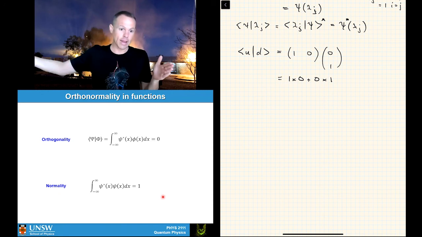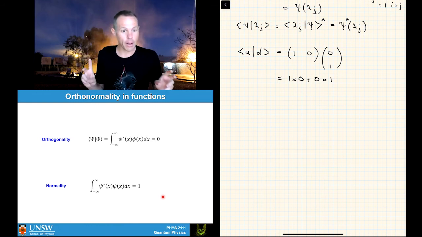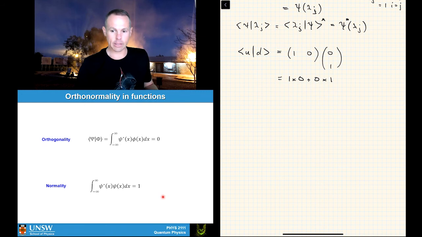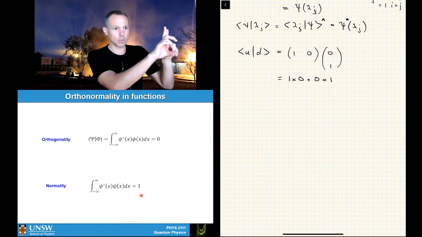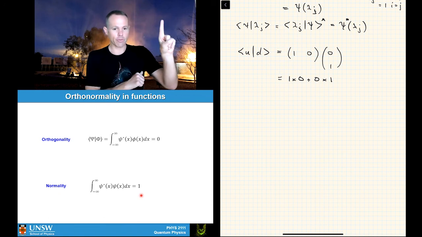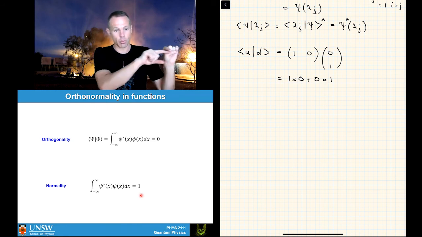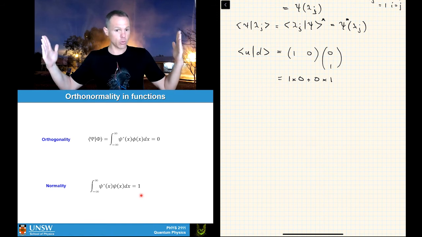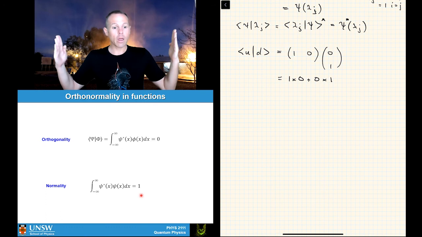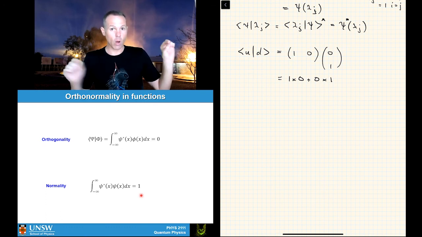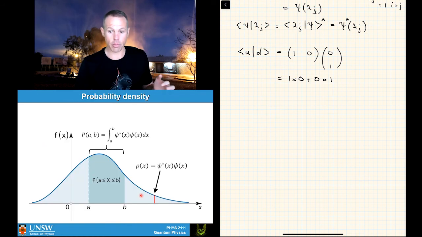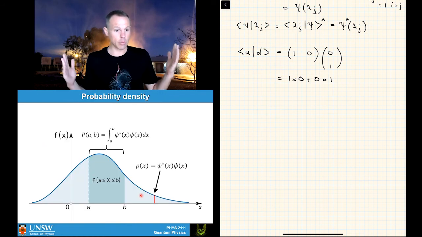Okay, and then what we could do is divide that integral by its own value to normalize this thing back to 1, because what we require in the end is that all probabilities come out as 1. So the idea of normalization that we have in quantum mechanics, this idea that the length of a basis vector is 1, so the probabilities make sense, ends up being that if we take the product of a wave function and its complex conjugate over an integral over the entire space, that will be equal to 1. And if it isn't, we will do whatever we have to do to make that 1 so that the probability that we get from our probability densities ends up being a sensible number between 0 and 1.